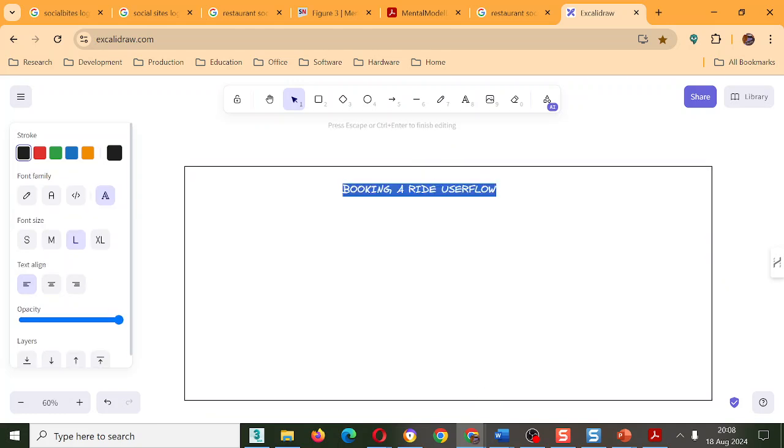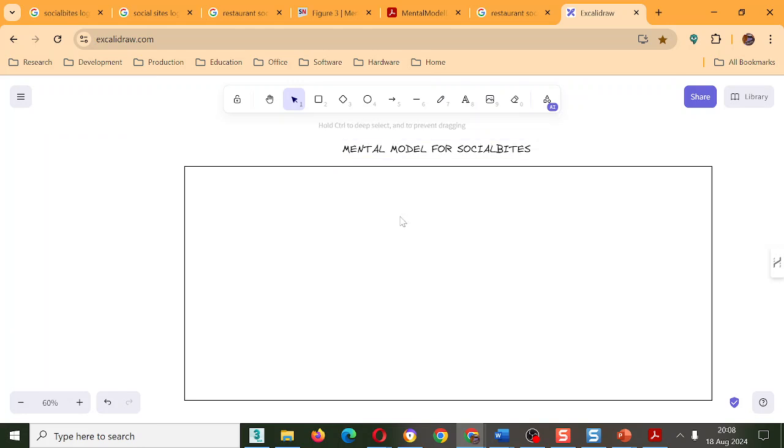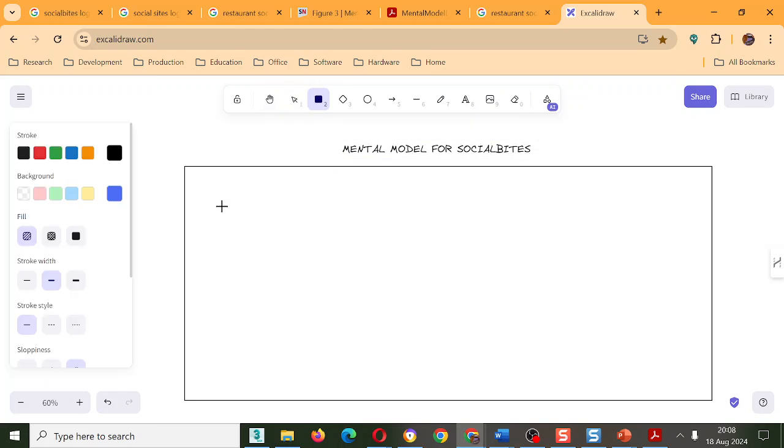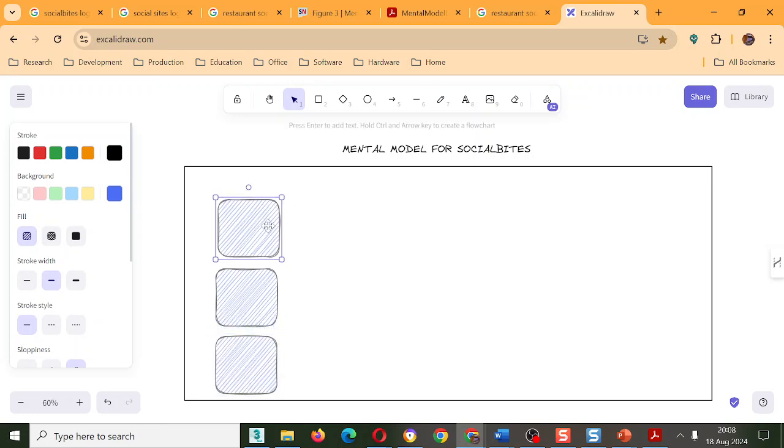Okay, so if we're doing a mental model, what we're saying is that if we have three entities, 1, 2, 3, the restaurant itself has three parts.